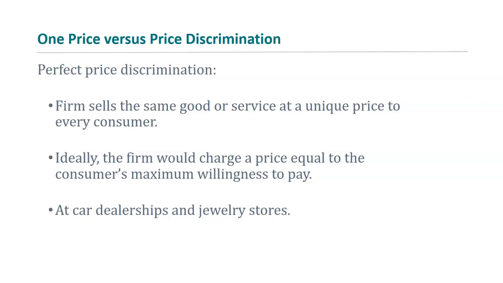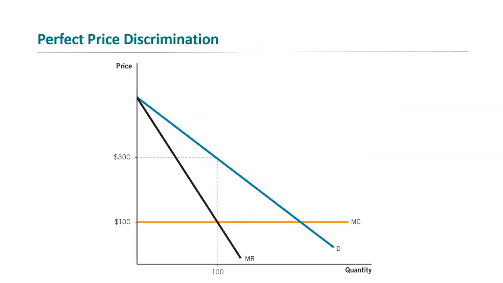And that's the goal with any of these haggling sorts of sales, is that they're going to get you to reveal your maximum willingness to pay, or at least something very close to it, by pulling you up from whatever you did reveal when you first came in. So let's look at perfect price discrimination and how it shakes out in terms of market welfare.